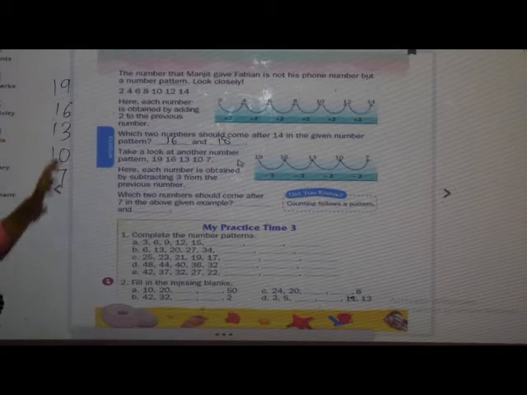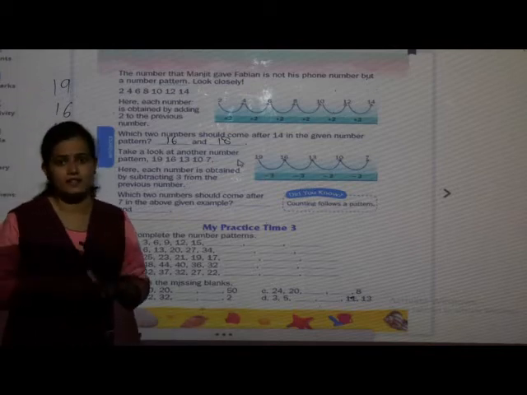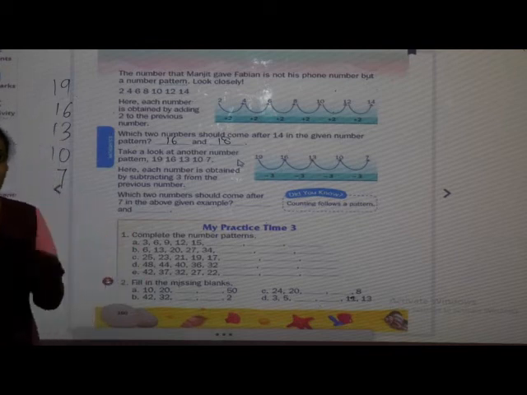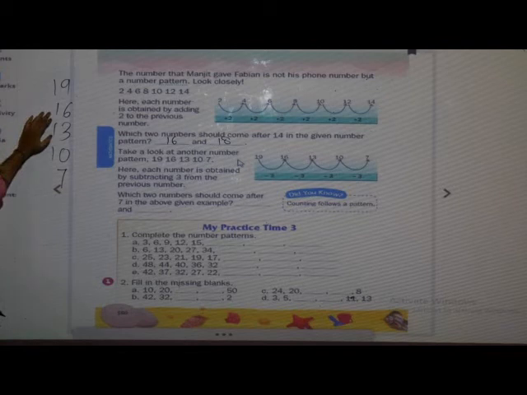Okay? यहाँ पे इस नंबर पैटर्न में क्या हुआ है? ईच नंबर में हम 3 माइनस करते हैं क्या, 3 माइनस. ओके, सी 19 minus 3 how much, 16. 16 minus 3 काउंट बैकवर्ड काउंट करना है.